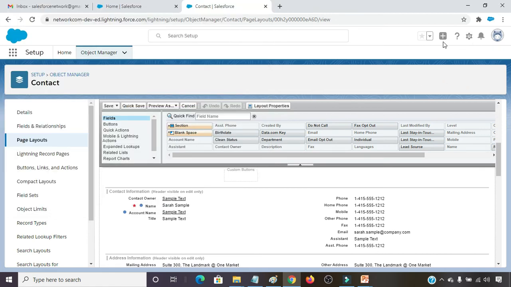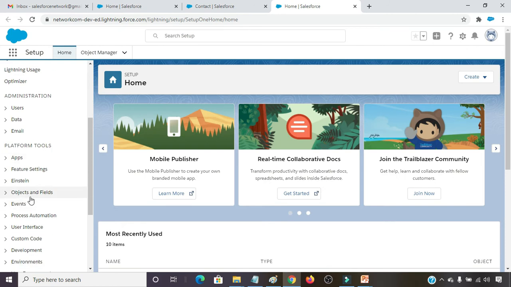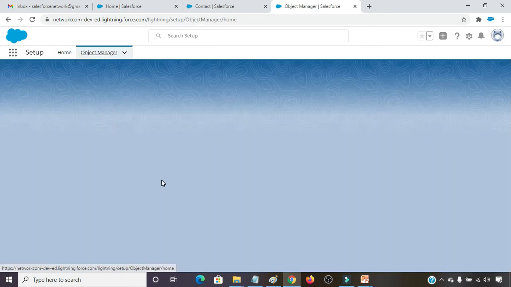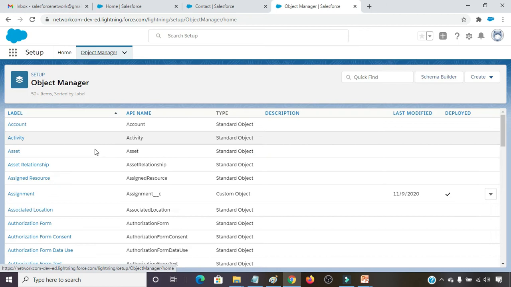So one more assignment is there. Create page layout for payment underscore underscore C by the name payment layout demo. For this, simply I have to click on setup, platform tools, objects and fields, object manager, choose the object.